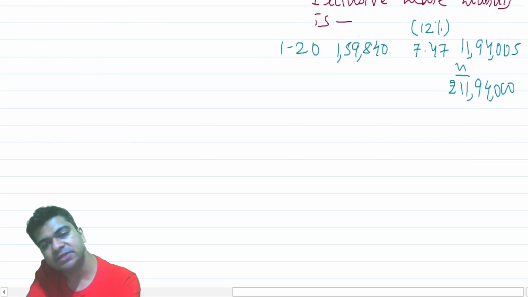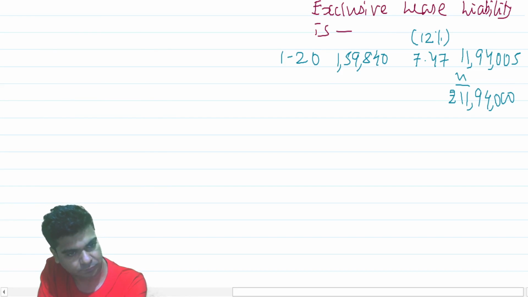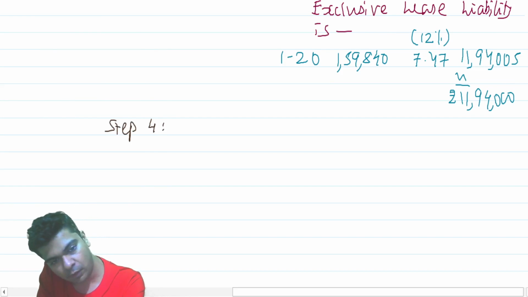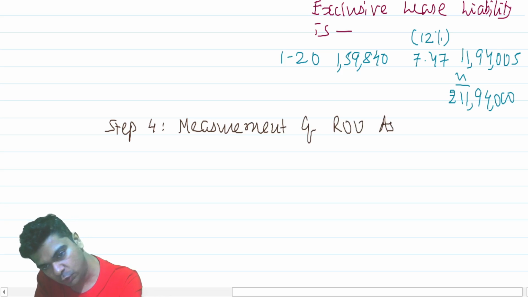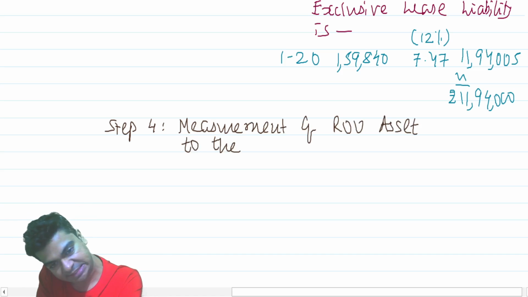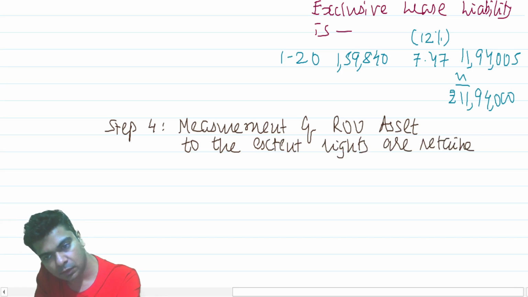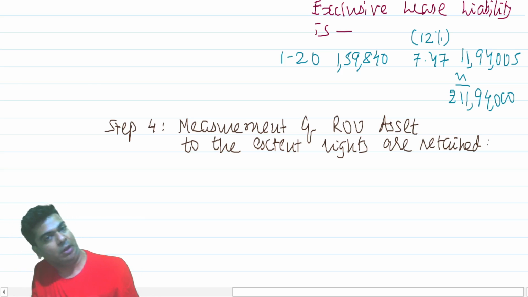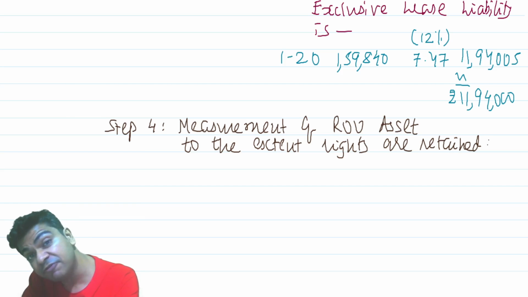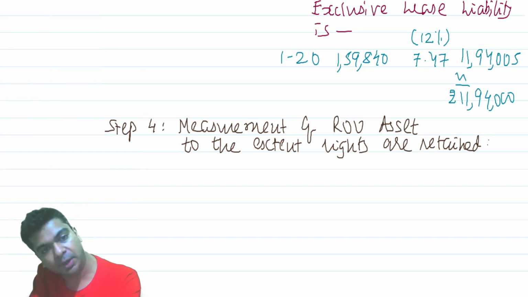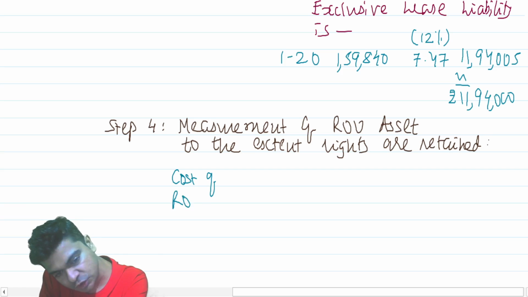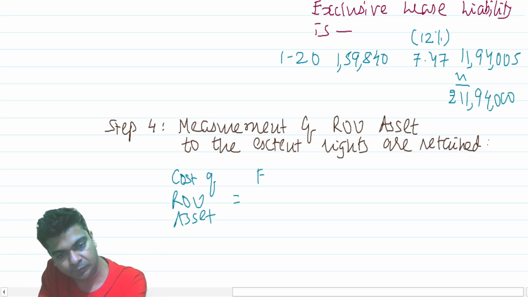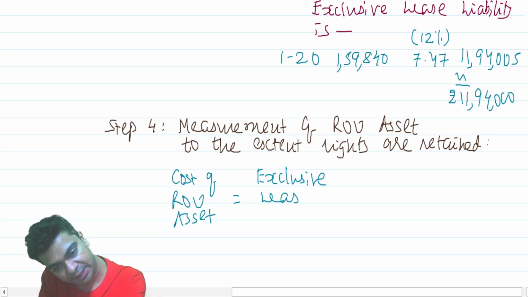So step 4 is recognizing the ROU asset now. Step 4, measurement of ROU asset to the extent rights are retained. To the extent rights are retained. And we know that the cost of the ROU asset will be recognized with reference to the exclusive lease liability. So say cost of ROU asset will be equal to exclusive lease liability